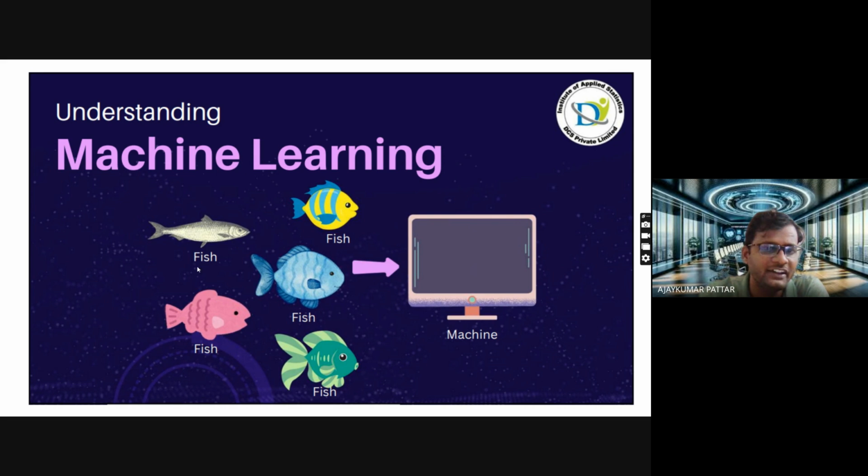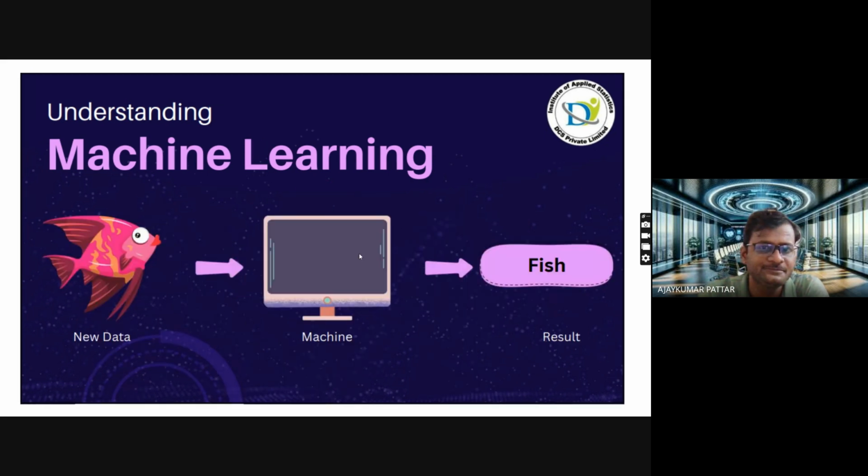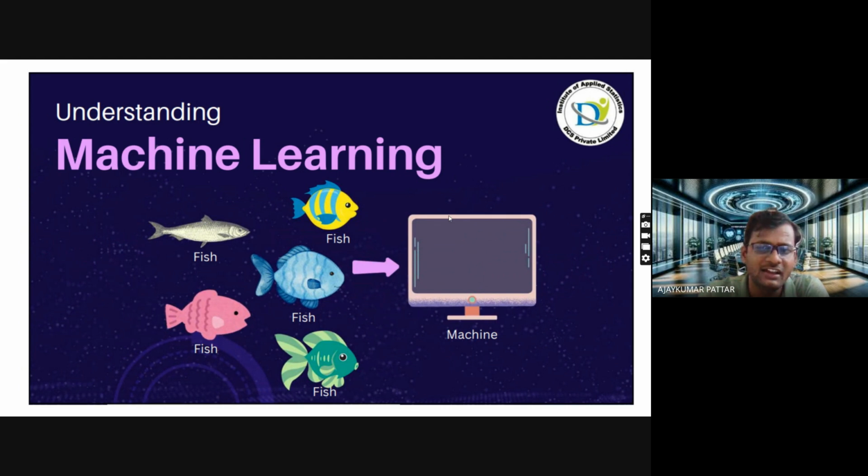We give different kinds of fish photos or data to the machine, and then we make the machine understand that these all are fishes.